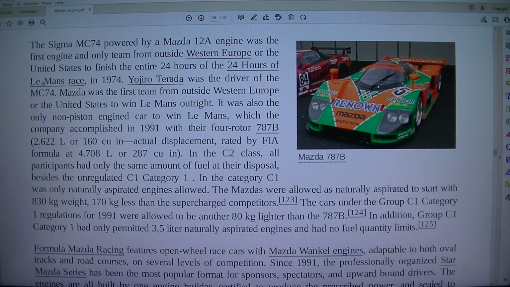Mazda 787B. The Sigma MC74 powered by a Mazda 12A engine was the first engine and only team from outside Western Europe or the United States to finish the entire 24 hours of the 24 Hours of Le Mans race, in 1974. Yojiro Terada was the driver of the MC74. Mazda was the first team from outside Western Europe or the United States to win Le Mans outright. It was also the only non-piston engined car to win Le Mans, which the company accomplished in 1991 with their 4-rotor 787B,